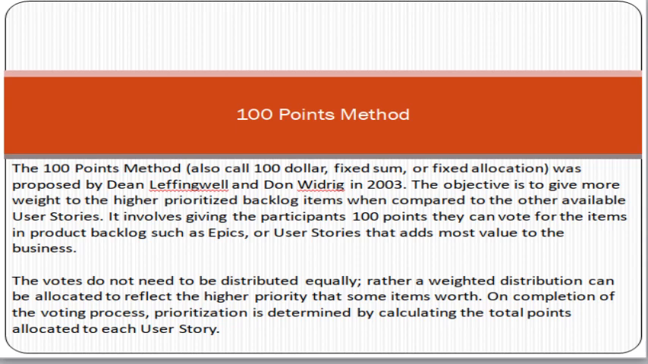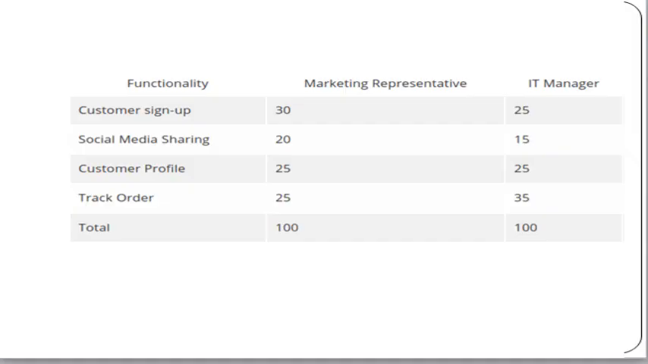So the Scrum Master, the product owner, the Scrum team, and other stakeholders are involved in this process, and they give points to the user stories and distribute the 100 points among the available user stories. Now let me try to give you a very simple example here. For example,